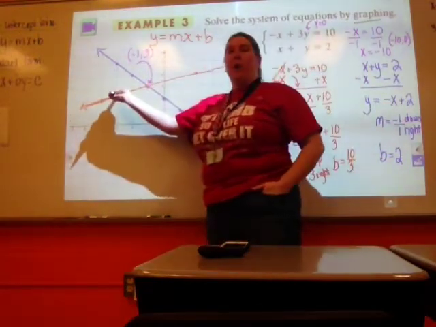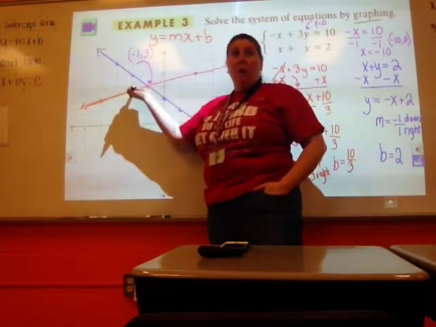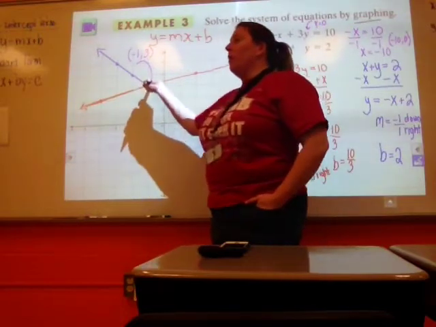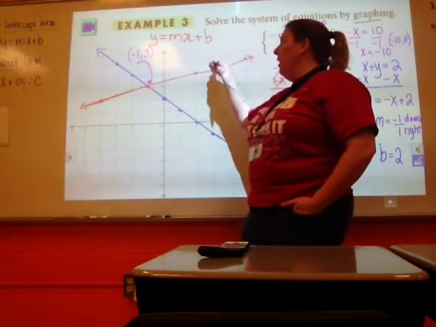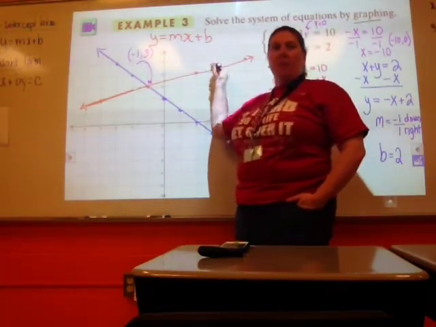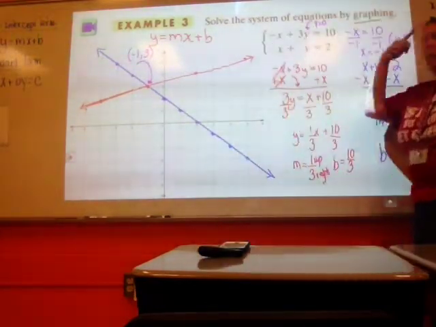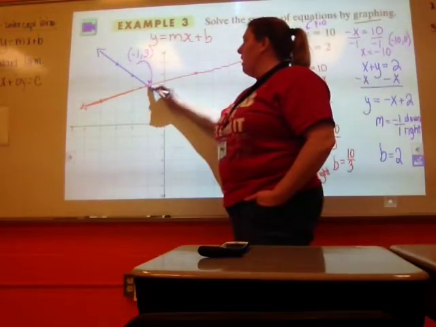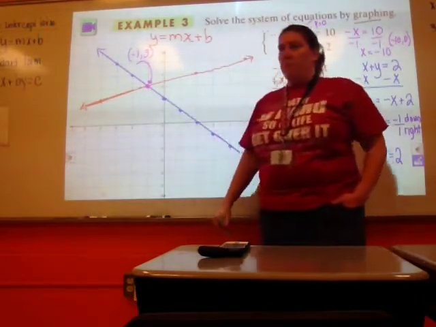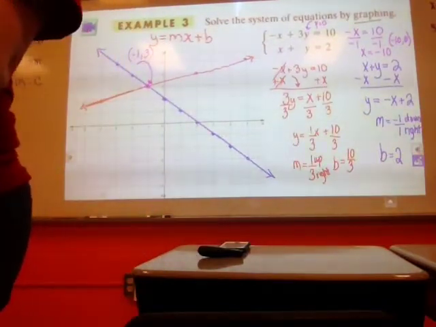Up until this point, we would all agree that the red line would be the cheaper of the 2, if we're talking in terms of money, because it's lower, right? At this point, they're going to cost me exactly the same, but then after this point, the red one becomes more expensive, right? Does everybody agree with that? Okay, so that's kind of how we think of it in terms of, well, what does this mean to me? But at that point right there, they're exactly the same. Everybody okay? All right, so what I would like for you to do